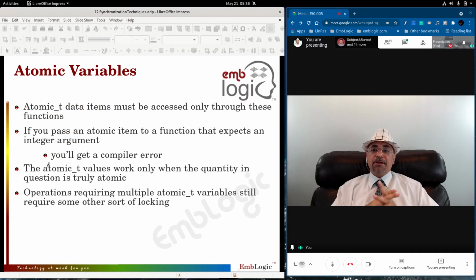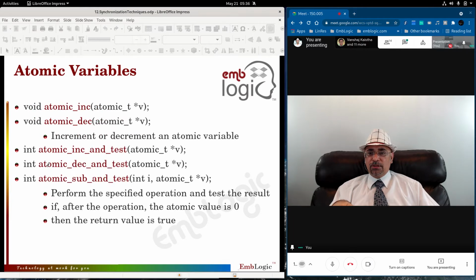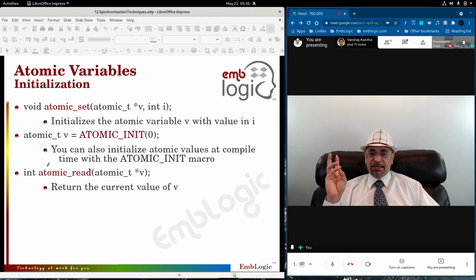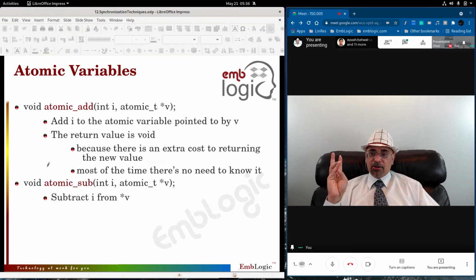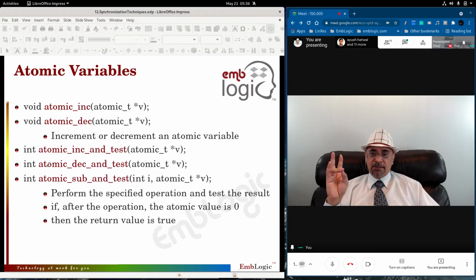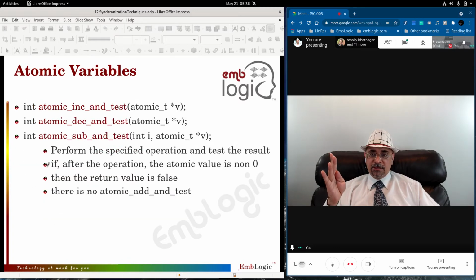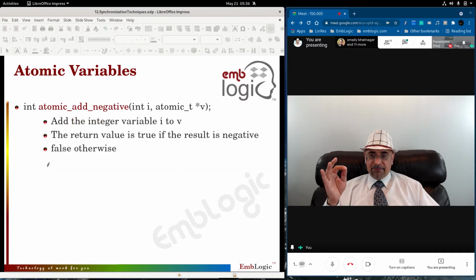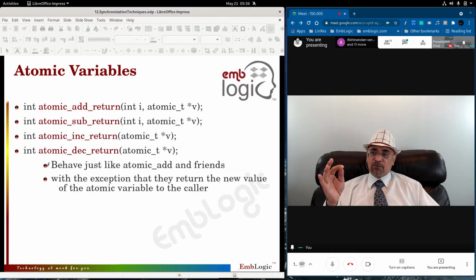An atomic_t data item must be accessed only through these functions which I have explained to you. How many functions are there in total? Atomic set, atomic read, atomic add, atomic subtract, increment, decrement, increment and test, subtract and test, then add negative, then these four: total 14 operations. 14 types of data manipulation or testing operations are there on atomic variables.